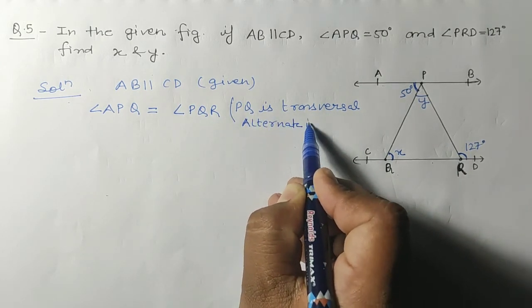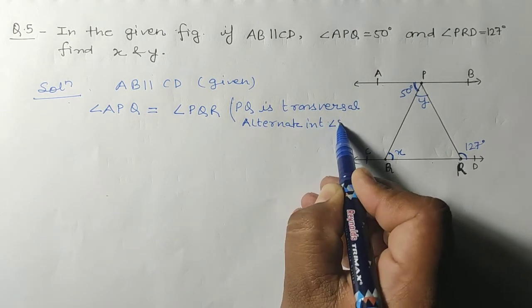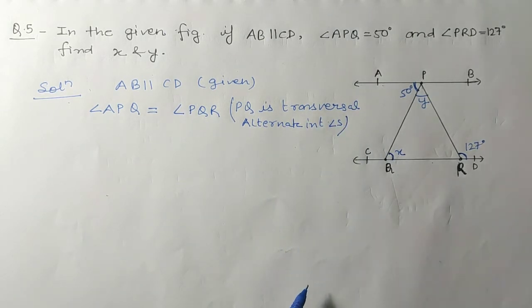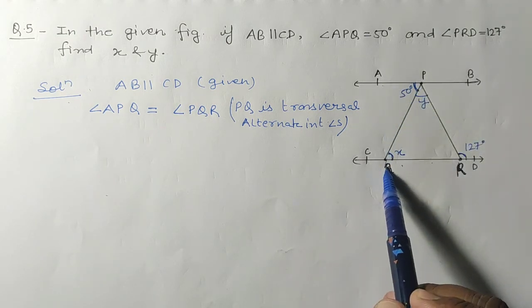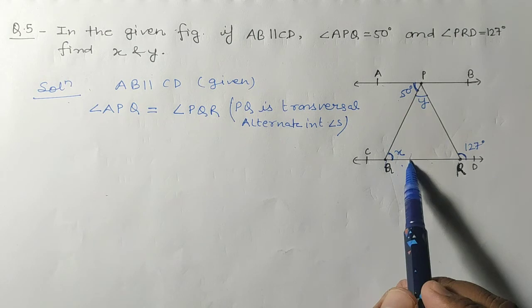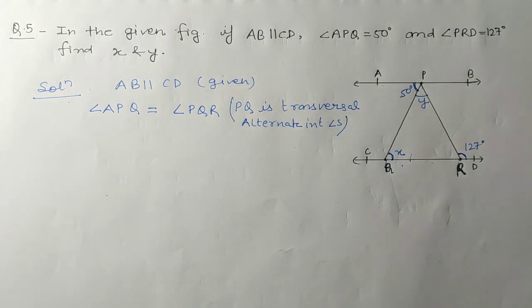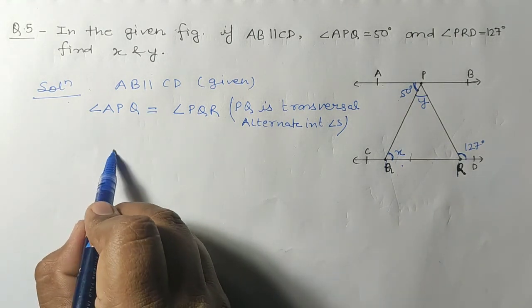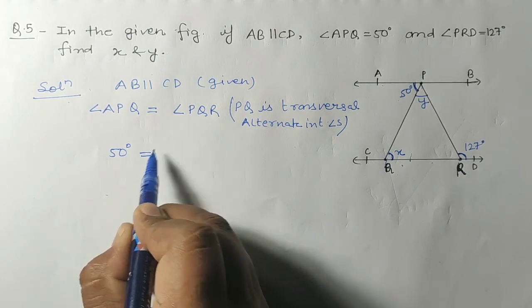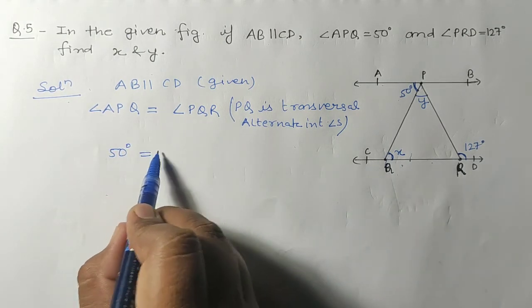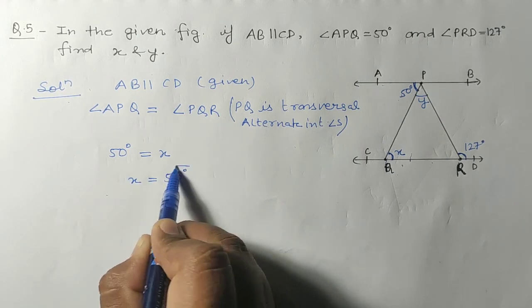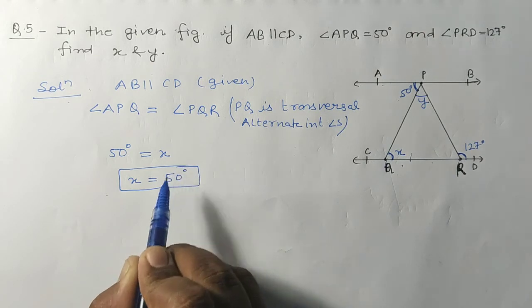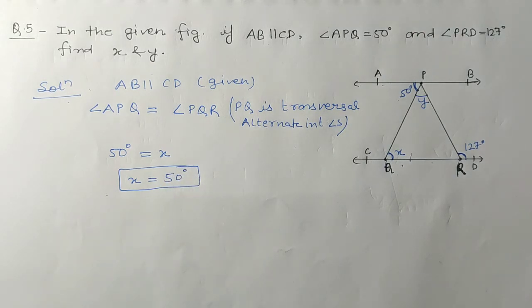So these are the pair of alternate interior angles. Okay, we can see that AB is parallel to CD and PQ is transversal, so their alternate interior angles will be equal. Angle APQ is given, it is equal to what? 50 degree, and PQR is what? PQR is X, so we can find here that X is equal to 50 degree. So like this we can find the value of x, that is 50 degree. Okay,